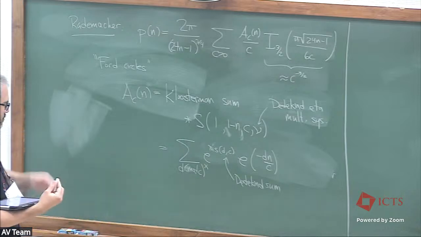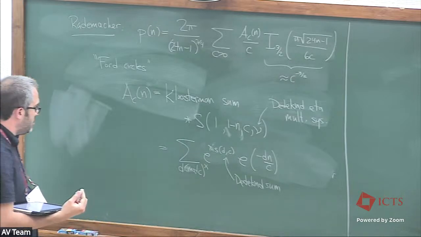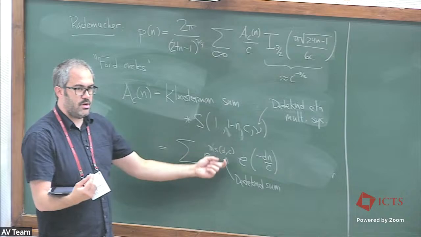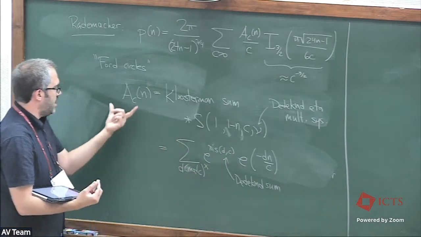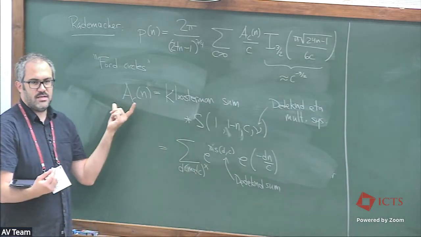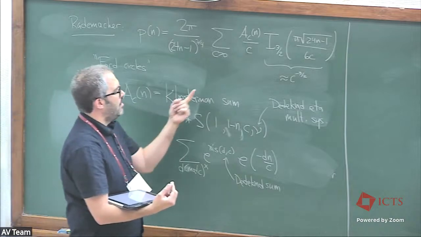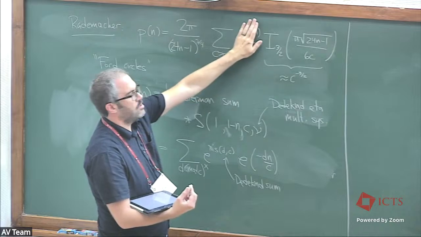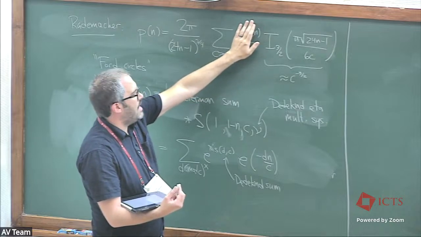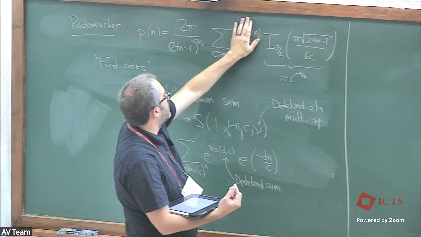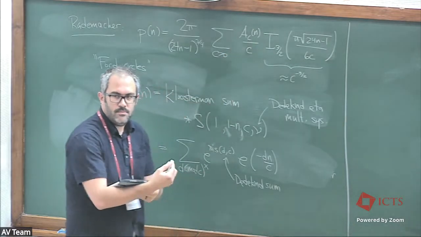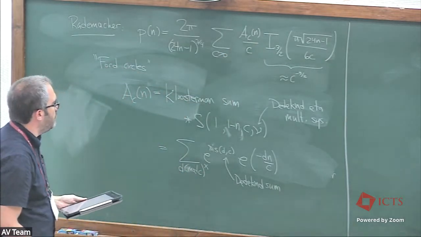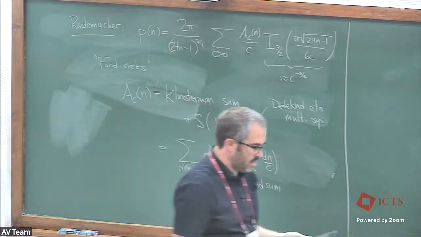So this looks very familiar. And notice that there are at most c terms here. So the worst case scenario is that A_c of n is of size c. Well, that cancels that c. So if we're thinking about how big this is, those are sort of gone. And now we have a c to the minus 3/2, so this converges quite nicely, absolutely. Okay? So convergence here is not an issue, but